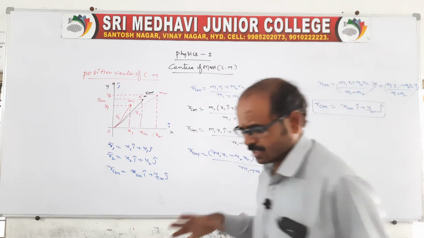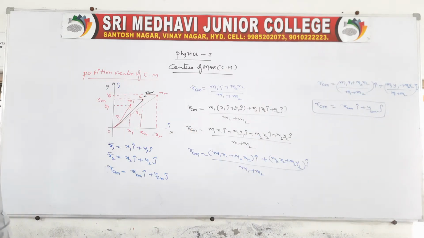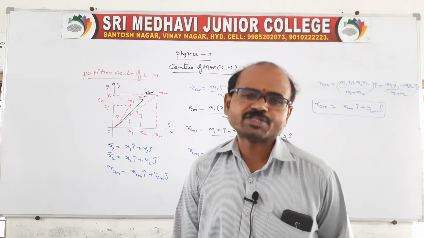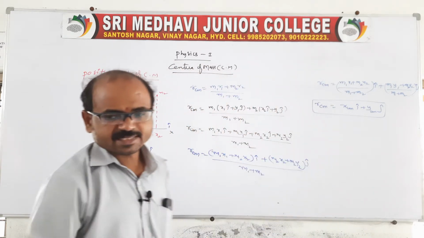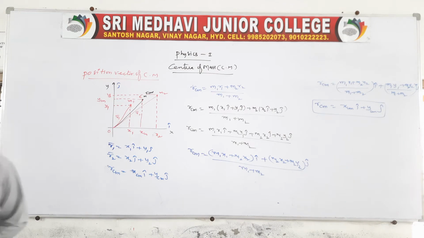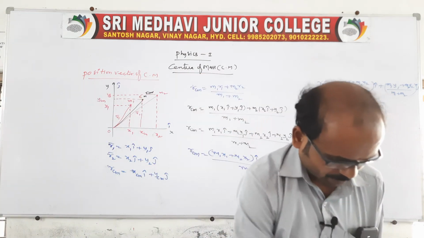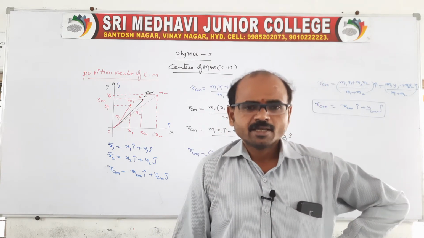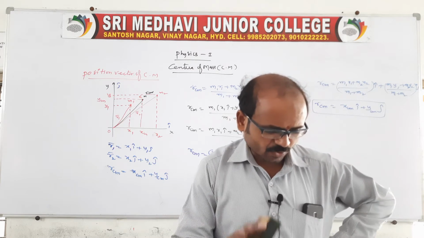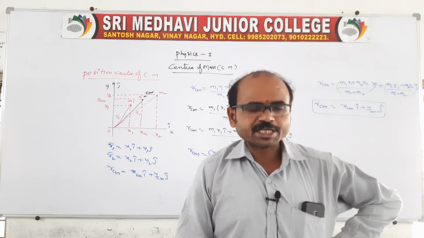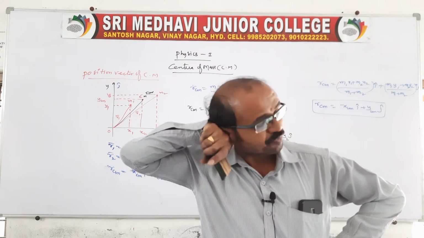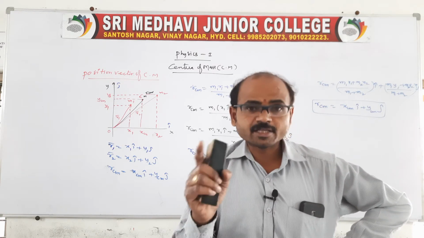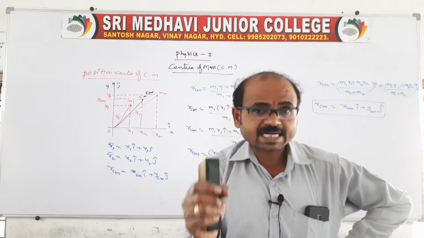And on this basis I'll tell you one problem. Suppose two positions are given for a two particle system, two particles of masses m1 and m2. The m1 particle mass is given as 3 kg and the m2 particle mass is given as 2 kg. The problem: two particles of masses m1 is equal to 3 kg, m2 is equal to 2 kg, are located at positions r1 is equal to 2 i cap plus 5 j cap and r2 is equal to 4 i cap plus 2 j cap. Then find the position vector of center of mass.